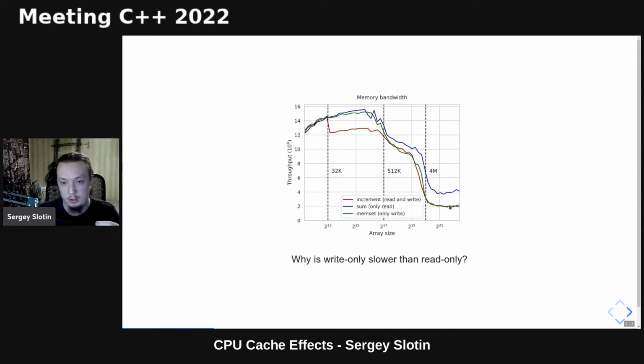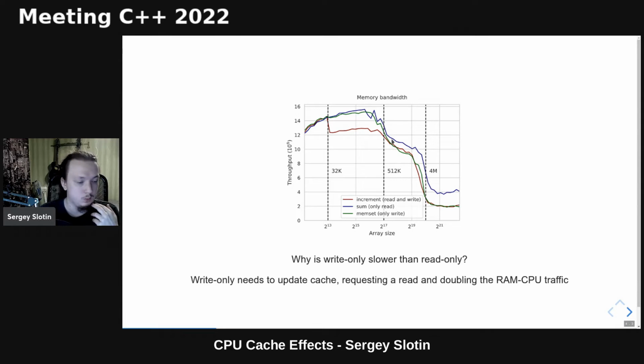But the really interesting anomaly is that the write-only loop in green here has the same performance as the incrementing loop on this RAM portion of the graph. In fact, it starts in the L3 cache. Why might that be? This is because the CPU moves the data to the highest level of cache on each access, whether it was a read or a write. This is typically a good optimization, as in many use cases, we will likely be needing this data that we just have read or just have written again soon.